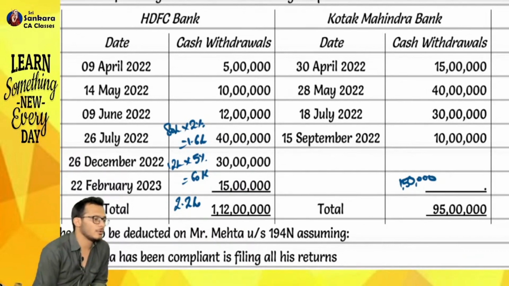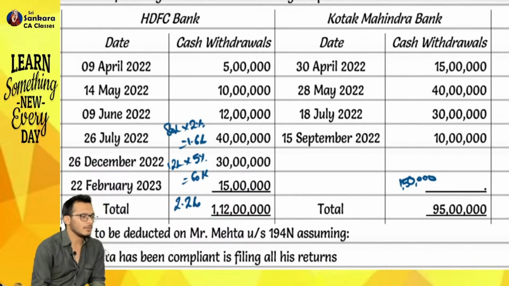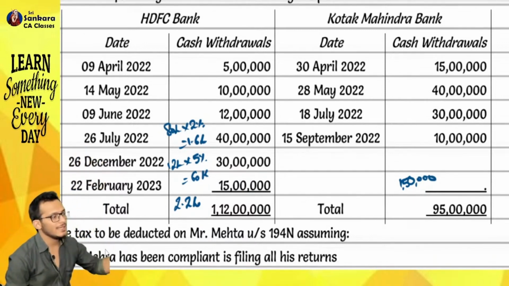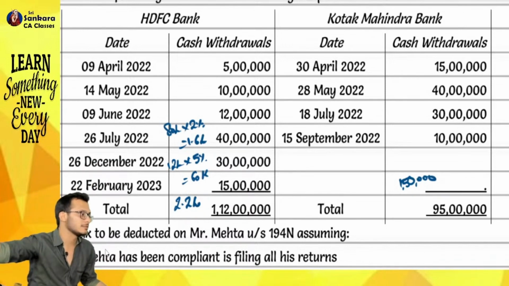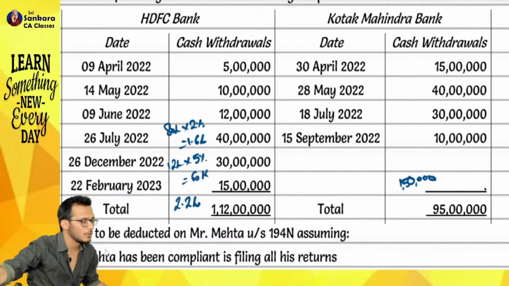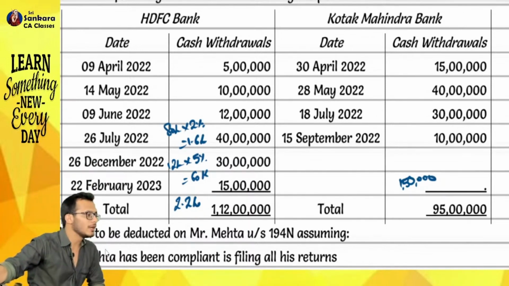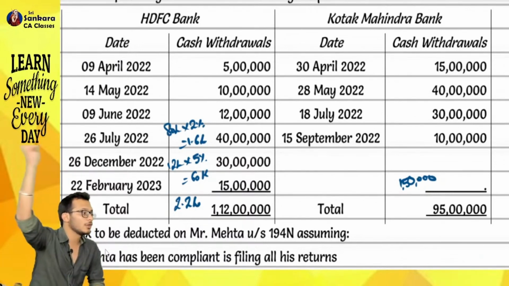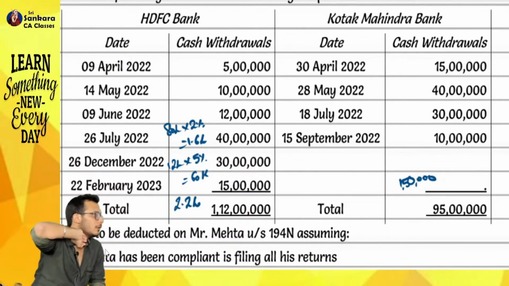Next provision is 194O. It talks about e-commerce operators. Basically it says you are Amazon, selling someone else's product to someone else. When you get the money from the customer and you are going to give it to your seller,